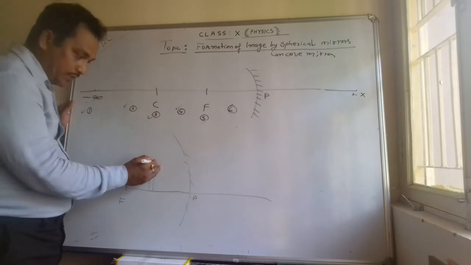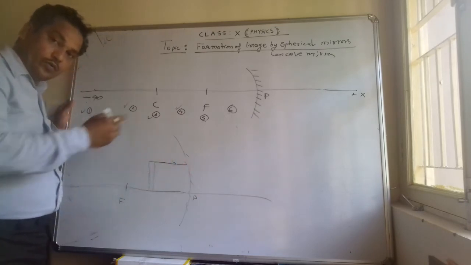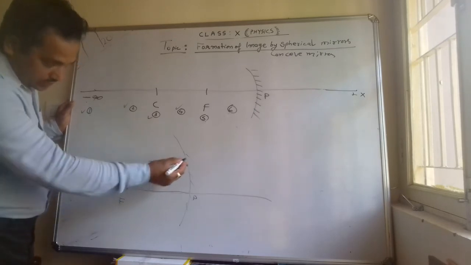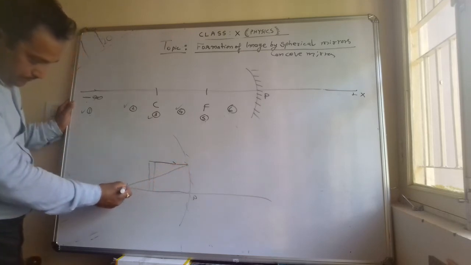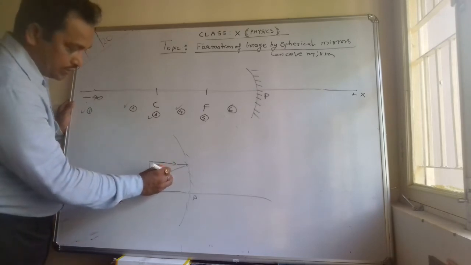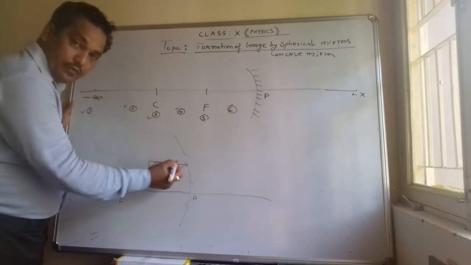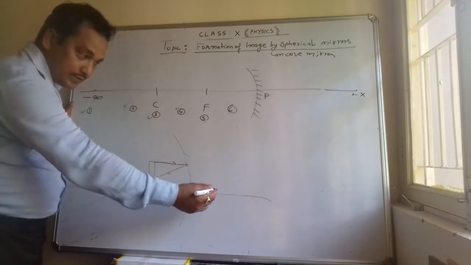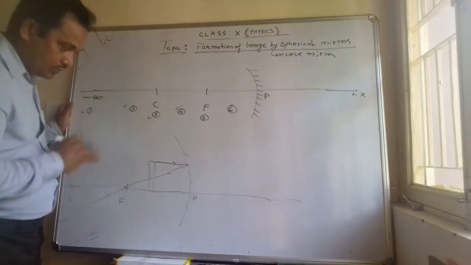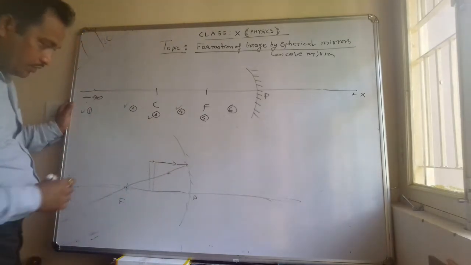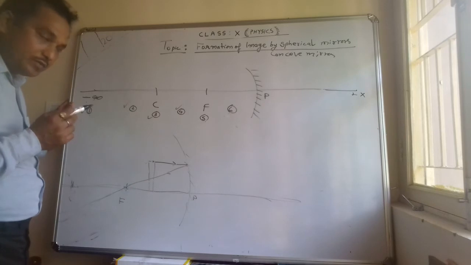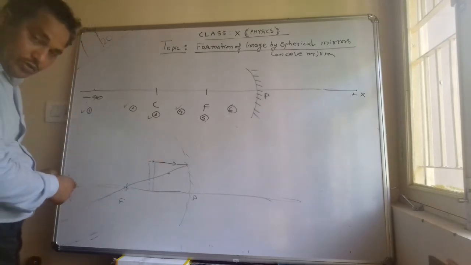Okay, so we will apply the rule. First rule, a ray parallel to the principal axis. After reflection, what will happen? It will go to the focus. So from this point, it is passing to the focus. Let us draw a straight line. Okay, so this ray, we got it, a ray parallel to the principal axis. This is the principal axis, and this ray was parallel and the reflected ray passes through the focus. Other rule, a ray passing through the center of the curvature passes without any deviation, same path, it will be reflected back. That also can be applied.